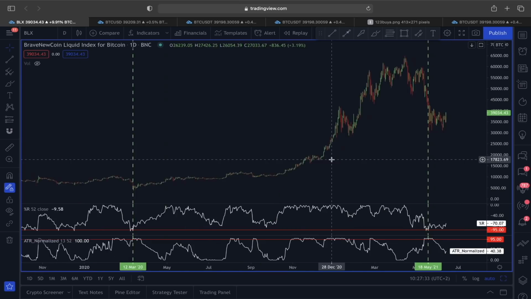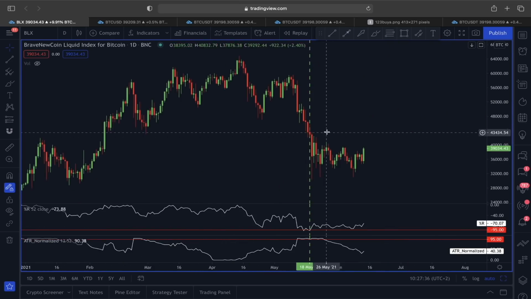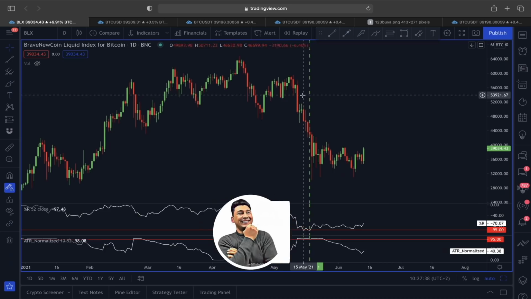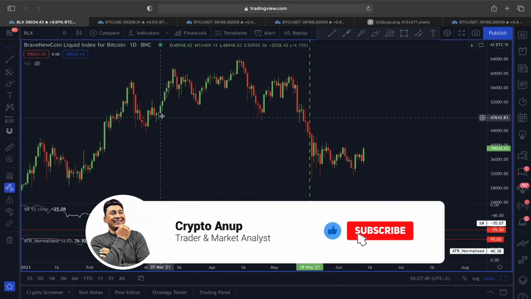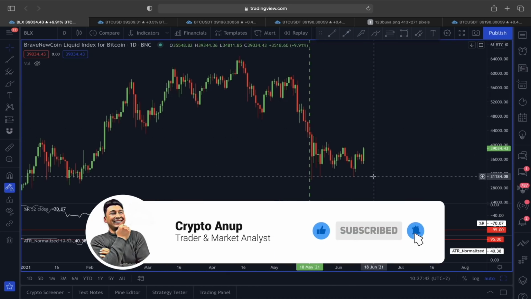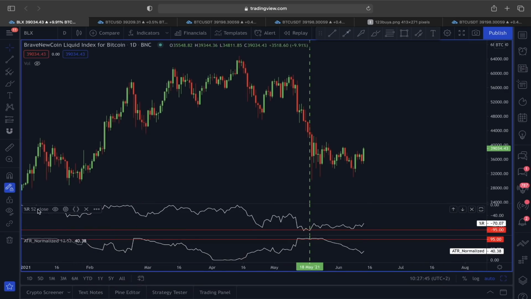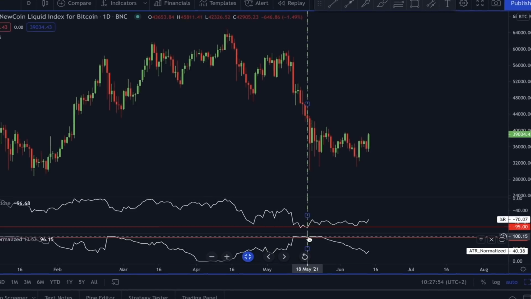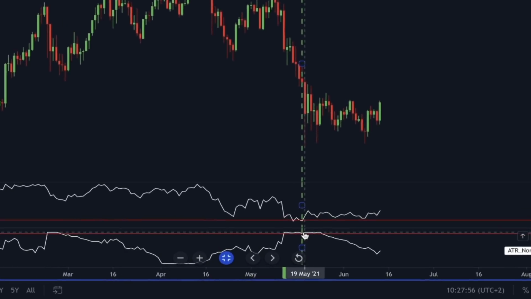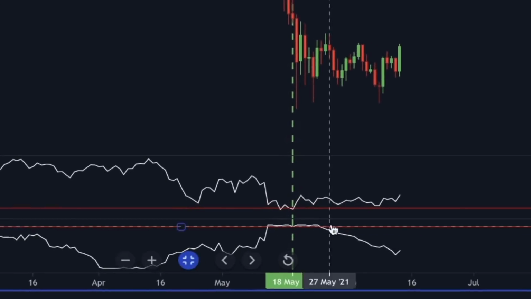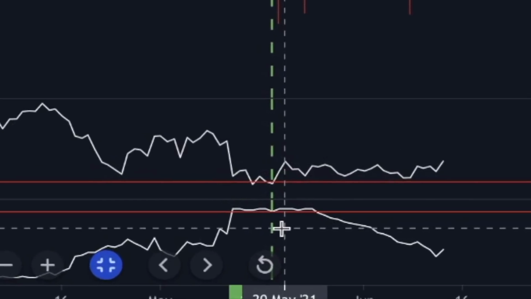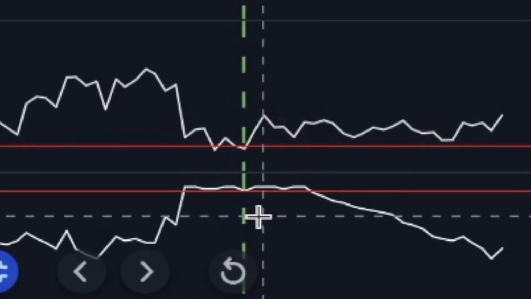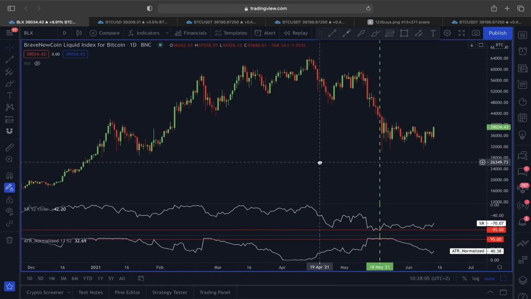So was this indicator correct the whole time? When it actually flashed, the market might be bottoming in very soon, because if you look at the price action of Bitcoin here and look at this Williams percentage error indicator and also this ATR normalized, because whenever we see this Williams percentage error above minus 95% and this ATR normalized above 95, guys, this is actually going to indicate, hey, around this area the market might be bottoming in,